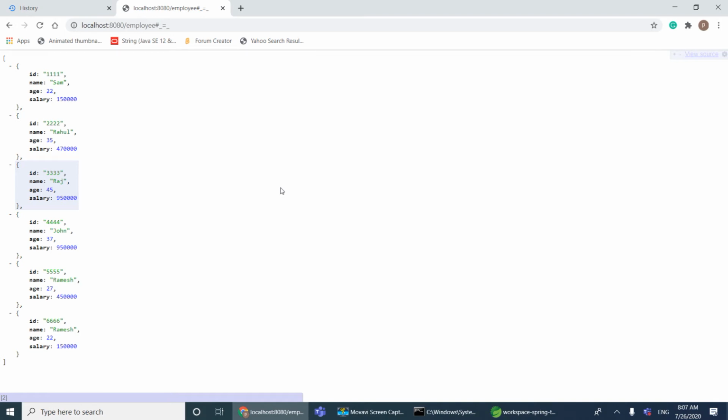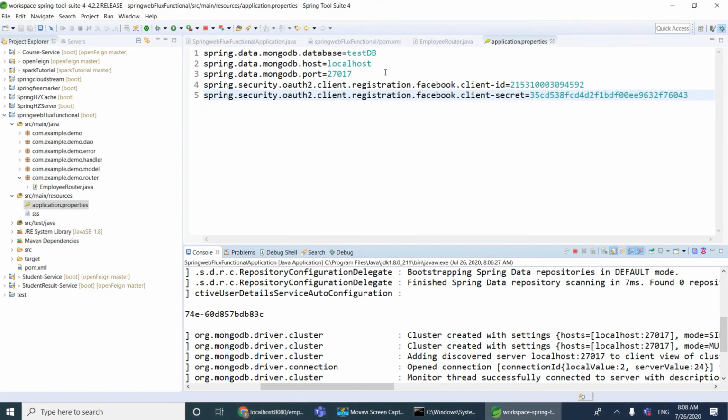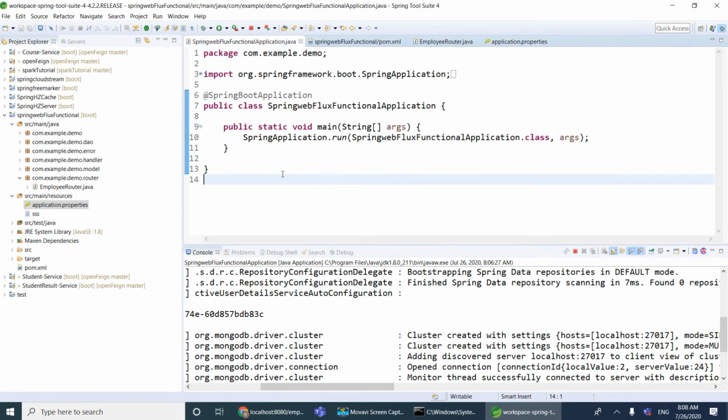We have a class called OAuth2AuthorizedClient. Using that, we should be able to get the authorized client details. And if you want to get the OAuth2 user details, we have OAuth2User. With that, we should be able to get those details. So I'm going to add 2 endpoints to retrieve those details.